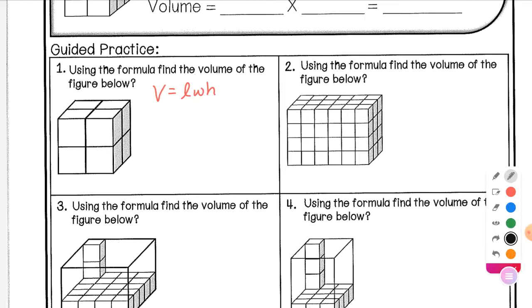Pick one layer. I'm just going to pick the top because it's easy to see. Ethan, what is the length of that top layer? 2. Dom, what is the width? 2. Leah, what is the height? 2. So I rewrote, substitute, 2 times 2 times 2. Solve. If it's an easy one like this,